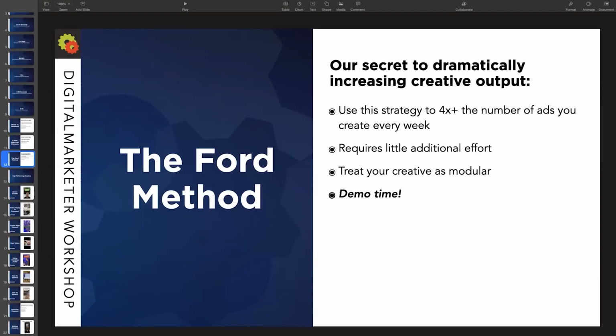With the Ford method, the way we look at it is, okay, this week we're going to shoot 4 unique ads. A lot less than 16. And this is if we want to make 16. If you want to do 12 ads this week or 8 ads this week, it can be even fewer, but let's say 16. So we're going to do 4 unique ads this week. Easy enough to do, right? We don't need a lot of work to shoot 4 unique ads every single week.